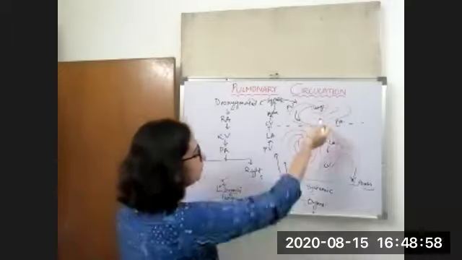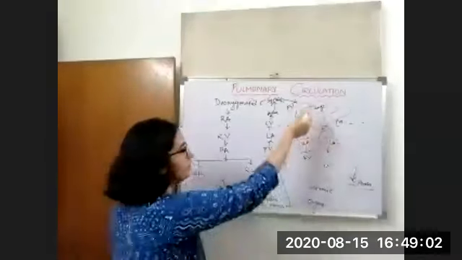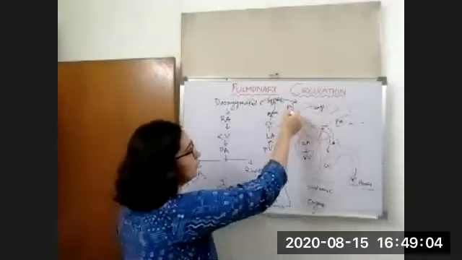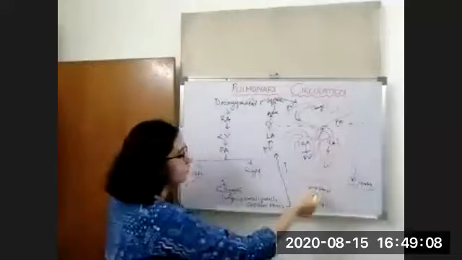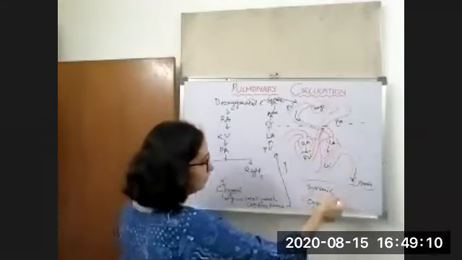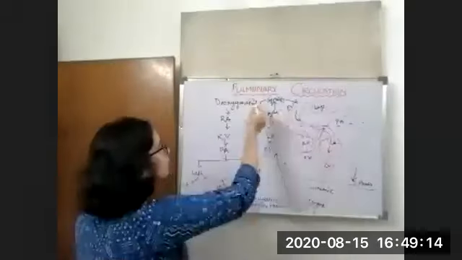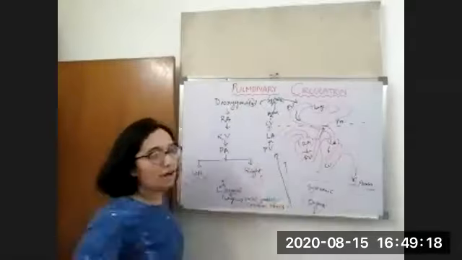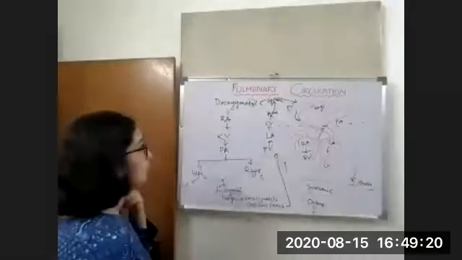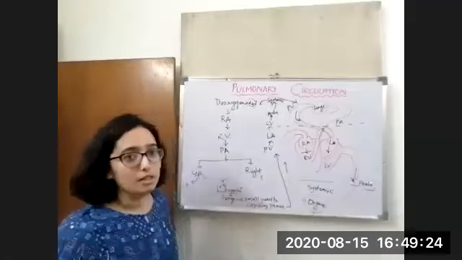So what happens when the blood which gets oxygenated from the lungs drains into the pulmonary vein? It drains into the left atrium, goes to the left ventricle, then to the aorta, it goes to the systemic circulation, and from there the deoxygenated blood again comes to the right atrium, and this process happens again. Okay, so this was about the pulmonary artery. Now we'll see about the bronchial artery.